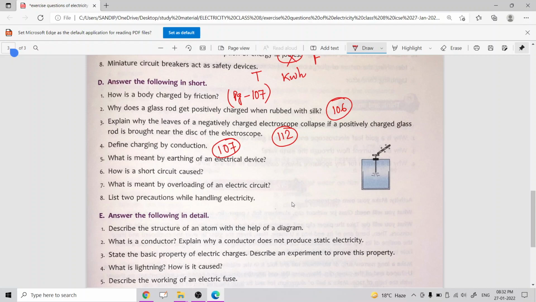Okay, this method is actually charging by conduction. And the next one: what is meant by earthing of electrical devices? Here you get the answer from page number 119. Earthing means, generally, we use several types of electrical devices in our